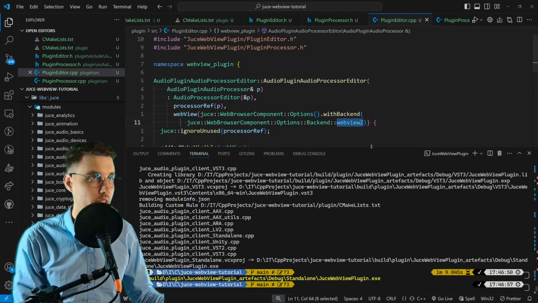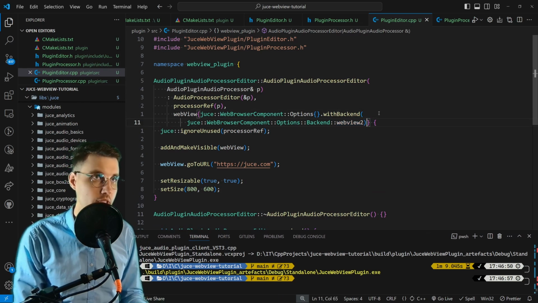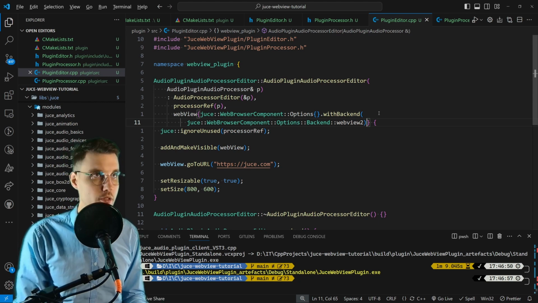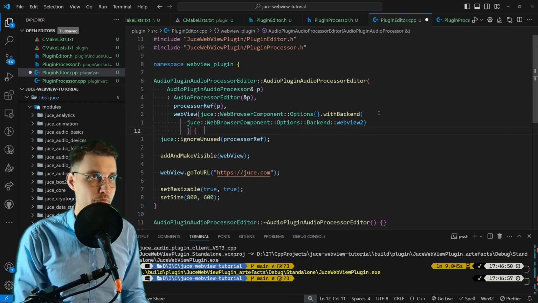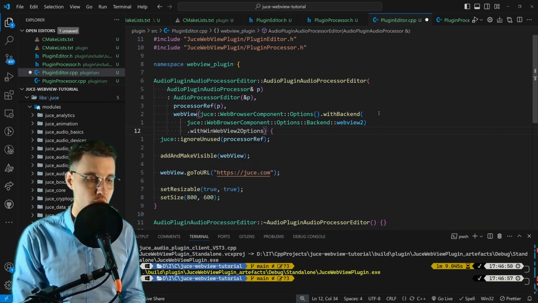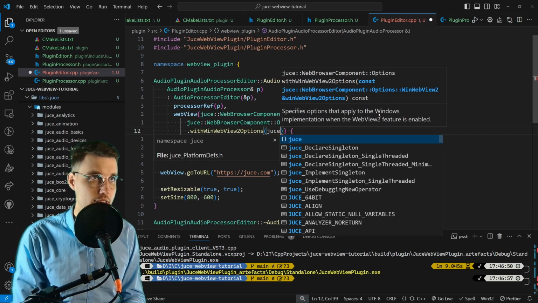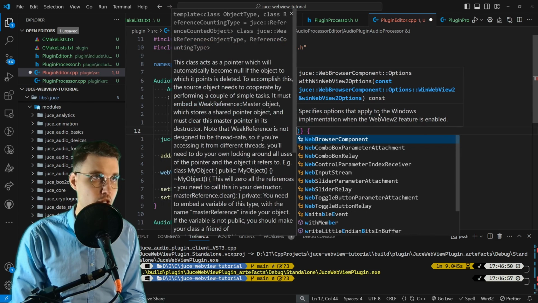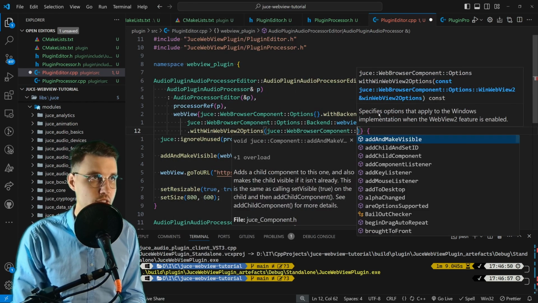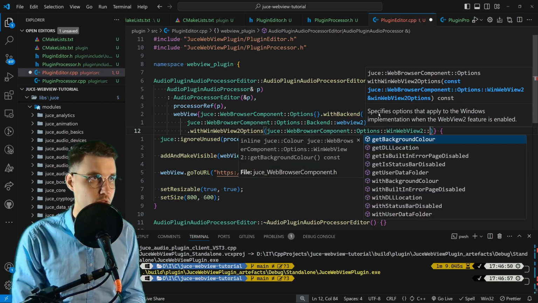So here, it's very important that you do this. When you specify the backend as WebView 2, so this is Windows only, you also need to specify the user folder. So let me format this, okay. What we need to specify here is with WinWebView 2 options. And we again need to specify JUCE web browser component options WinWebView 2,